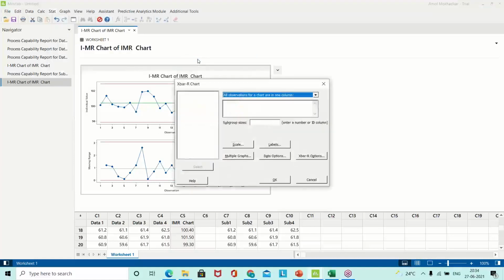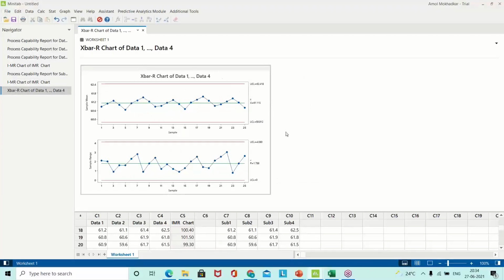We have the data, and you can clearly make the X-bar R chart using this. This is your X-bar R chart, made using that particular data. So very quickly it will give you, but you have to learn. You need to practice, you need to learn.